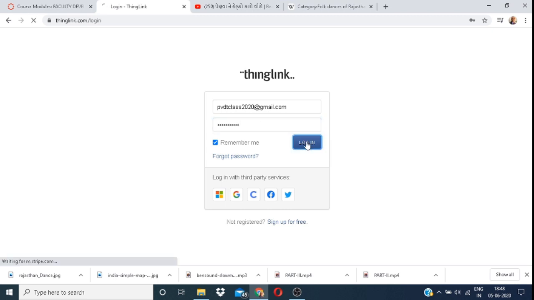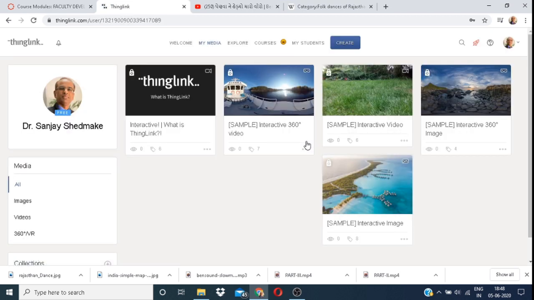Then login. This is the ThinkLink window.